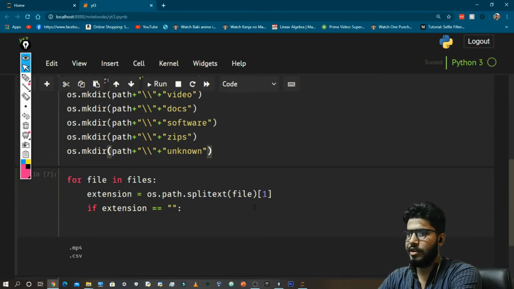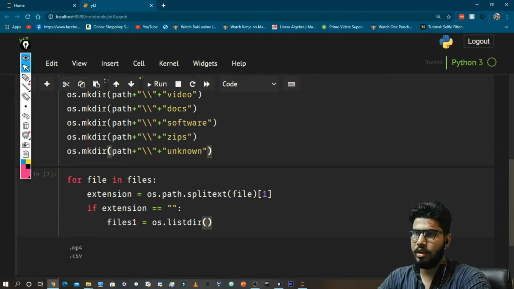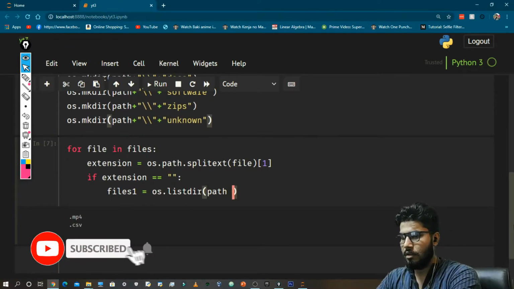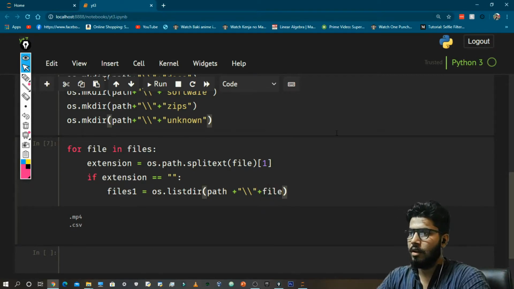Okay, so what we are going to do is get another list of files, files1, which is equal to os.listdir, and now we need to give the path inside it, path plus file.